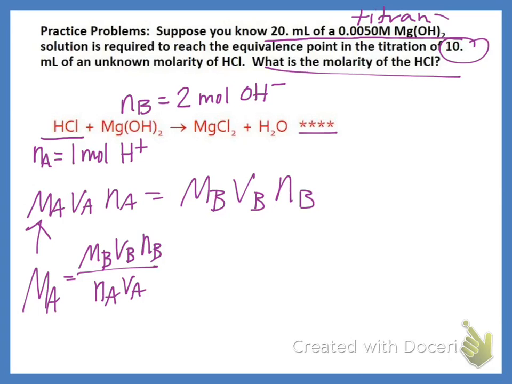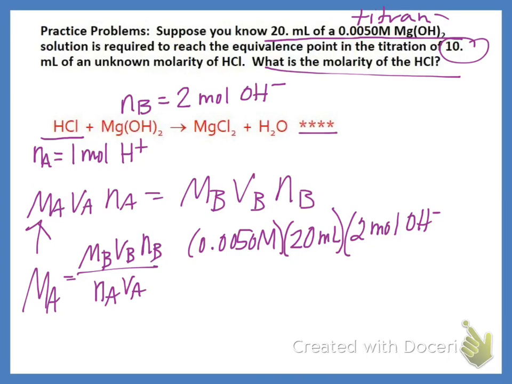Okay? Now we just plug everything in. So the molarity of the base was 0.0050 molarity times our volume. Because we're going to have volume on the top and the bottom, we can actually leave it in milliliters because they're going to cancel out. And then Nb was 2 moles of hydroxide. Here's where I'm telling you, you have to show your moles of hydroxide because you're essentially showing your mole ratio